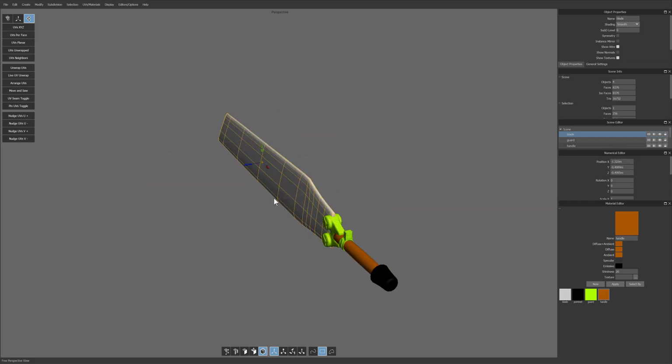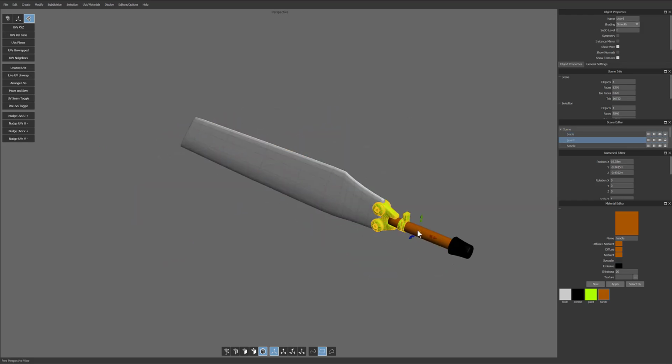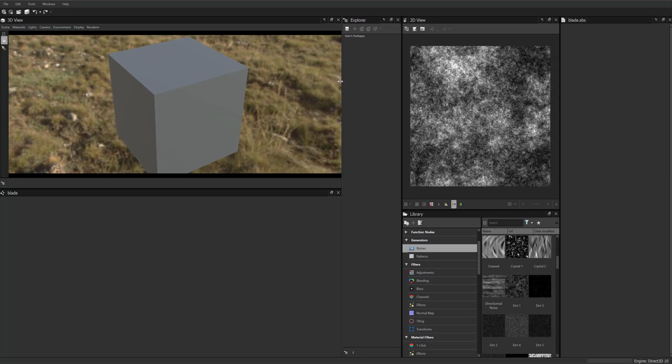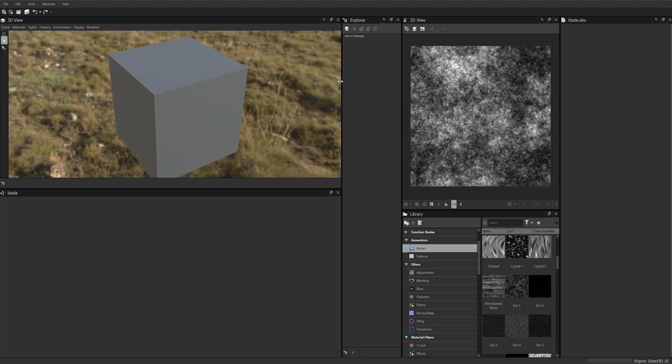I've given everything a basic shader here inside of Silo, labeled all those shaders and exported this out. And what I'm going to use to texture this is going to be another program that I really love, which is Substance Designer. Now I know a lot of people use Substance Painter. A lot of the filters that you use inside of Substance Painter actually come out of Substance Designer. So Substance Designer, if you've not seen me use it before here on the channel, it is a procedural shader